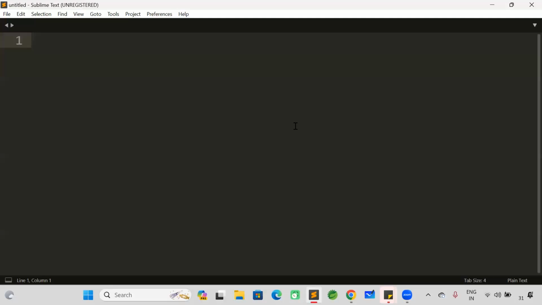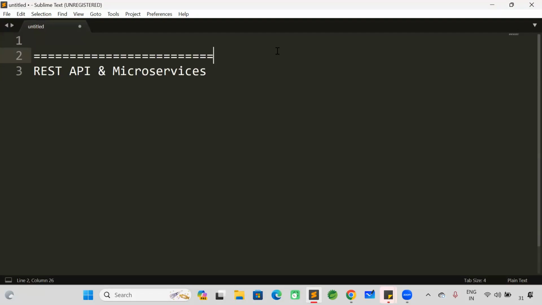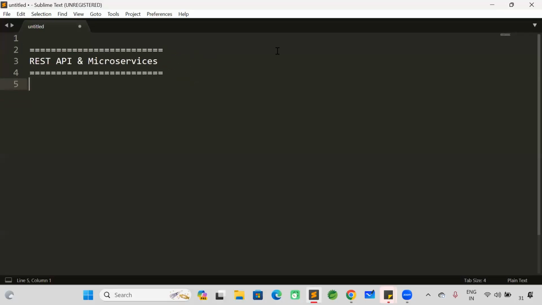Morning, everyone. From today onwards, we are going to start our discussion related to REST API and microservices. As part of today's session, we are going to understand what is REST API, how to develop REST API, and how to develop a project by using microservices architecture. So as part of these REST API and microservices classes, we are going to understand what is distributed application,